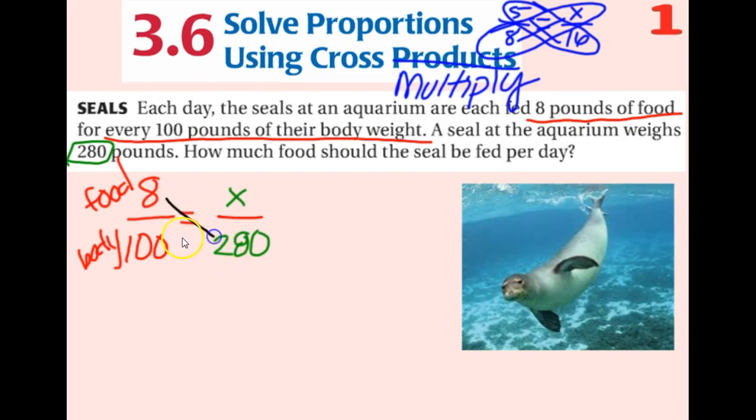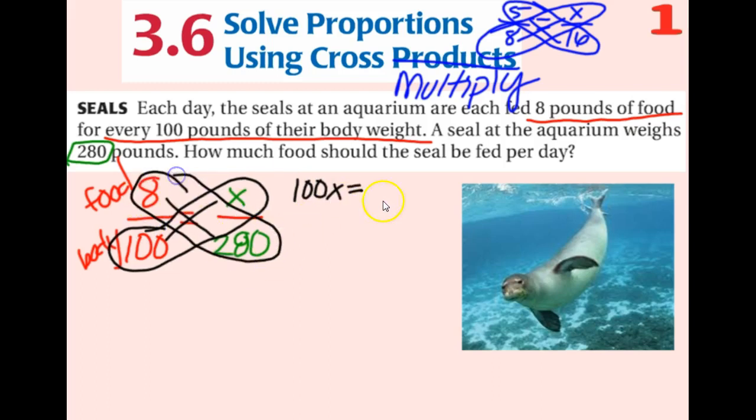But we're going to cross multiply. Multiply 100 times x. It's just 100x. And then we're going to multiply 8 multiplied by 280. Notice I set them equal to each other, because we're going to solve it like an equation. First, I need to multiply 8 multiplied by 280. I plugged that in and I got